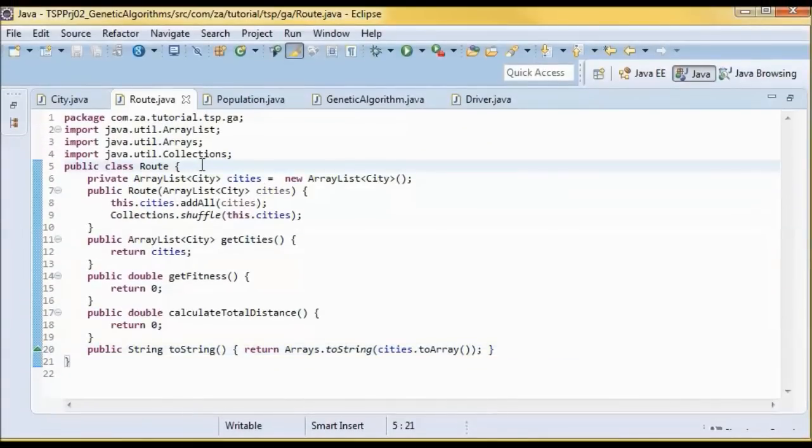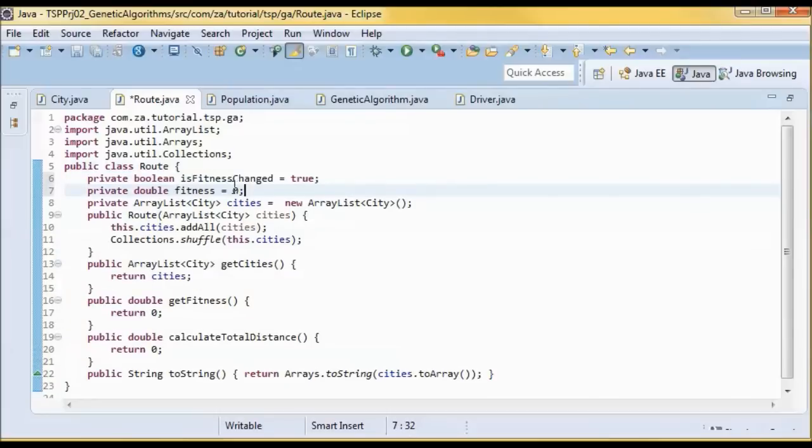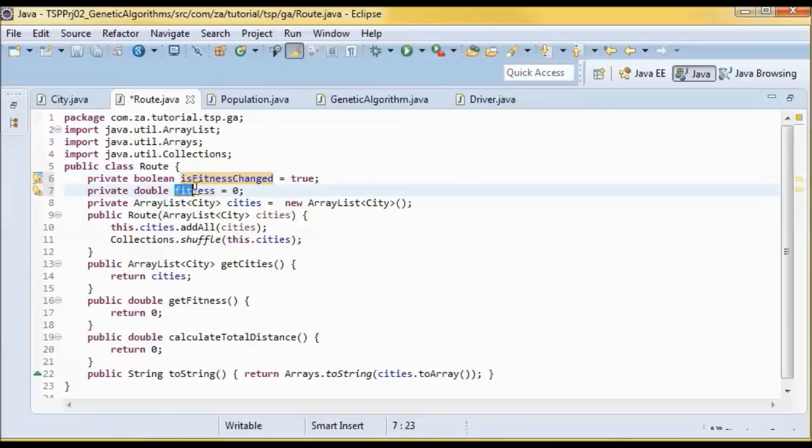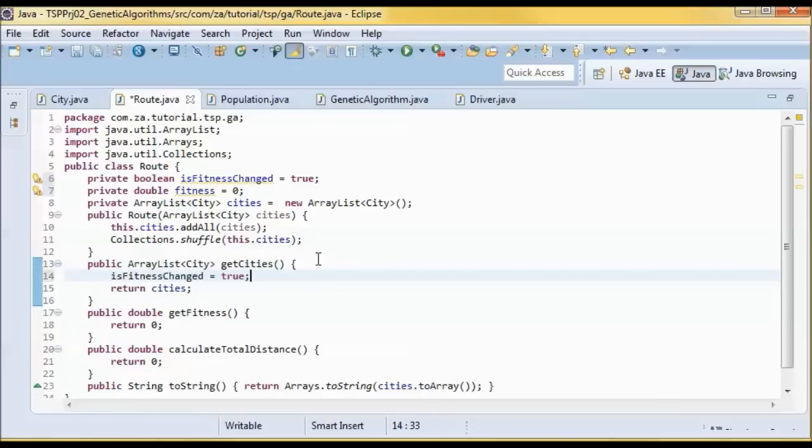And here in route, I will define this flag isFitnessChanged and set it initially to true. And I need to keep track of the fitness, so I'll have this fitness and set it initially to 0. And when the getCities method is called, it's possible that fitness will be changed.